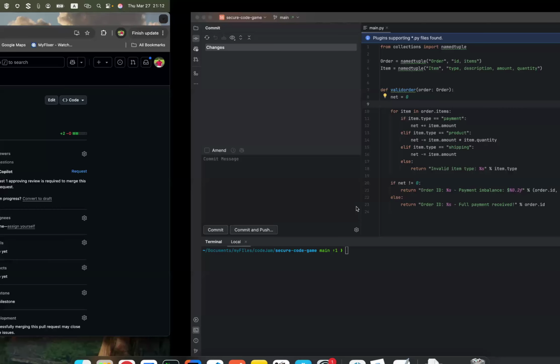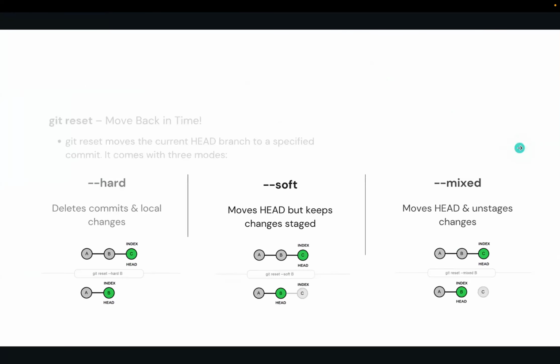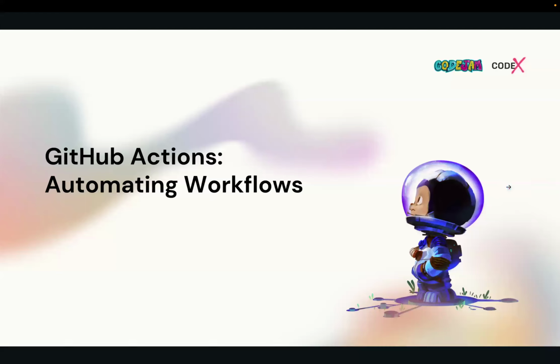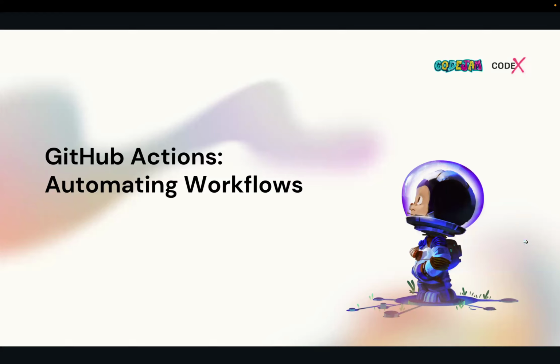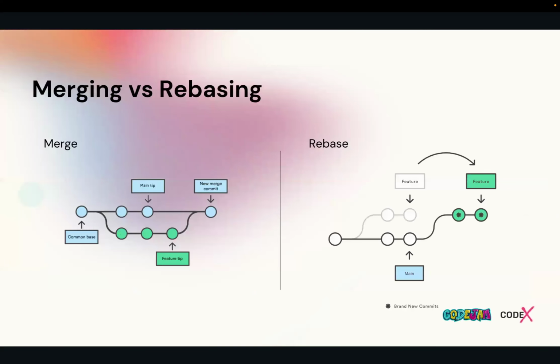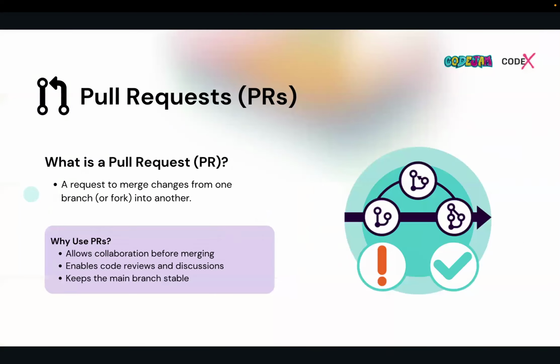I think that's all about undoing things. Now we have to move to the automation topic. I will brief this topic as well here, since we are running out of time. So here we are going to discuss GitHub Actions. So GitHub Actions are basically as I mentioned at the very beginning. Before getting to this, I will quickly go back to the first picture.